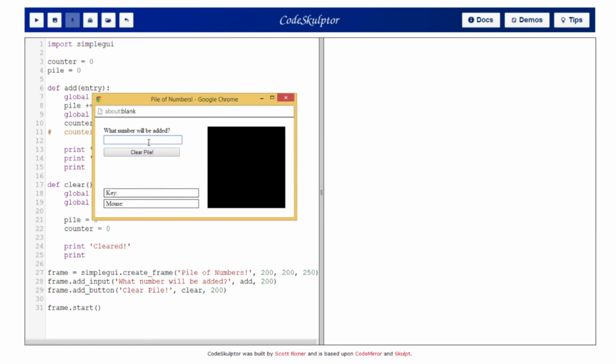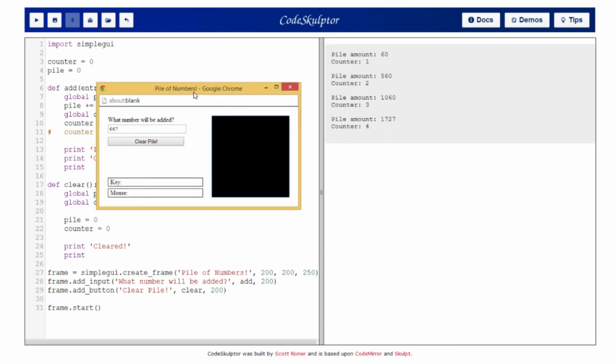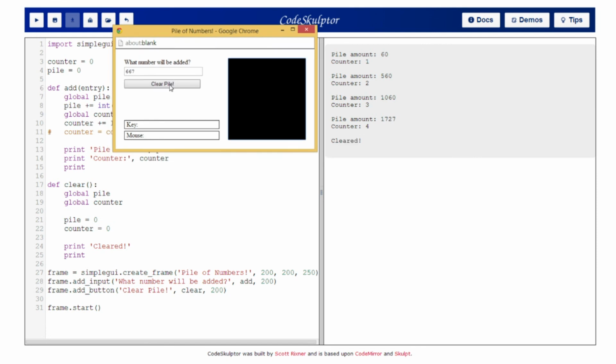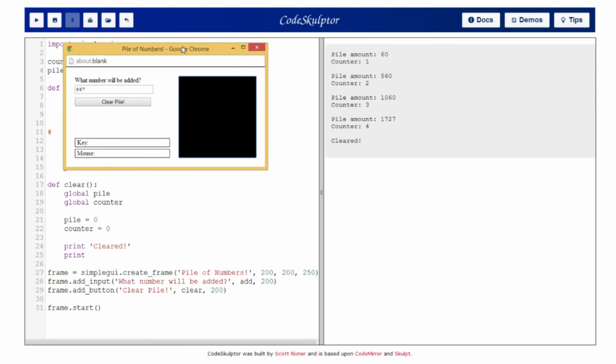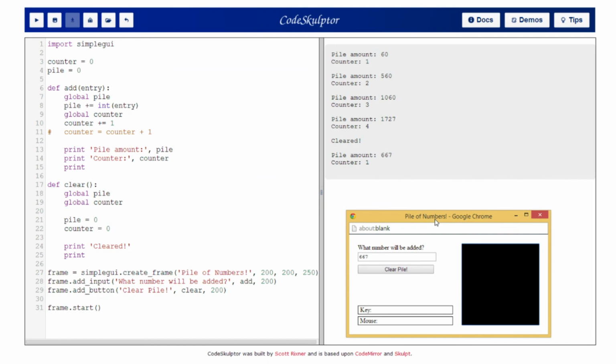What number will be added? 60 again. All right, pile amount 60, counter 1. Let's go 500. Oh, let's go another 500. Oh, let's go 667. Oh, look at that, it works. Let's clear the pile and see what happens. Cleared. All right, so we know the print statement works. Let's add 667 again and see what happens. Pile amount 667, counter 1. All right, congratulations. We've written a program that adds numbers